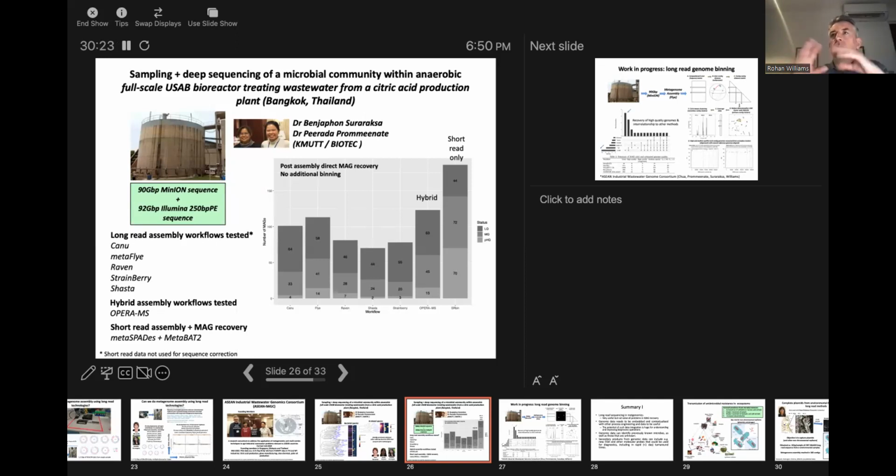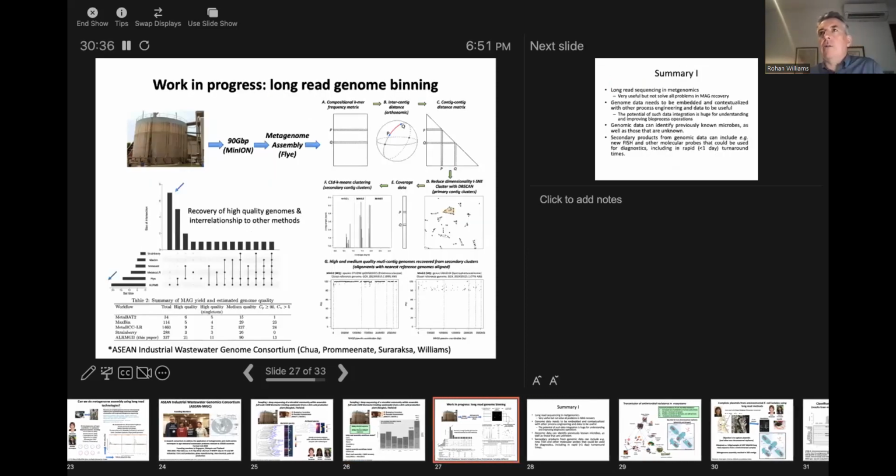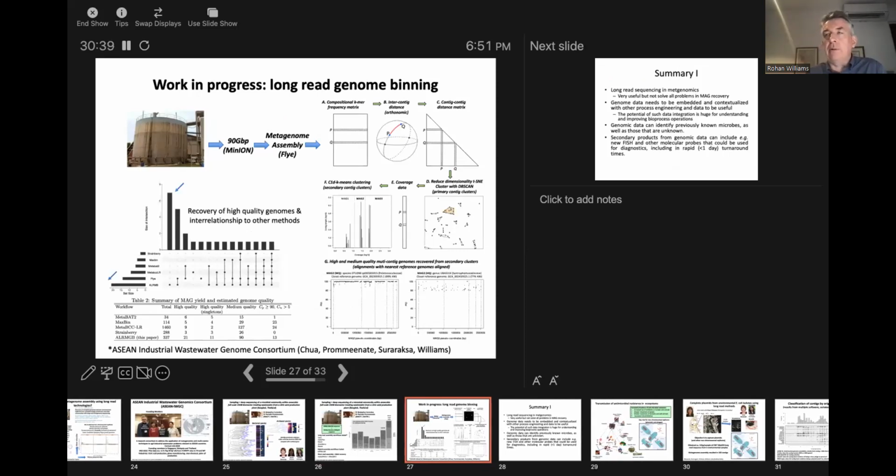They're very fractionated, they're very broken up into bits, but we can still capture more of them. What this suggests is that it's not going to be as simple as just generating long-read data and all these genomes will drop out. We will have to, again, construct so-called genome binning algorithms, which are a very prominent feature of short-read genome-resolved metagenomics, to try and recover genomes from long-read metagenome data. And this is one of our efforts here in that direction, which is getting ready for submission.